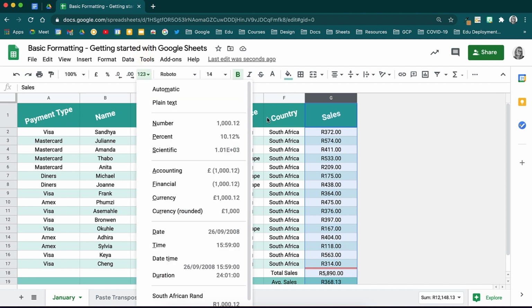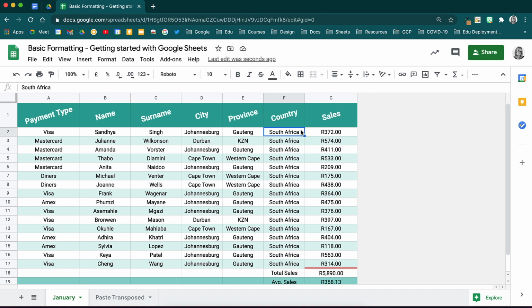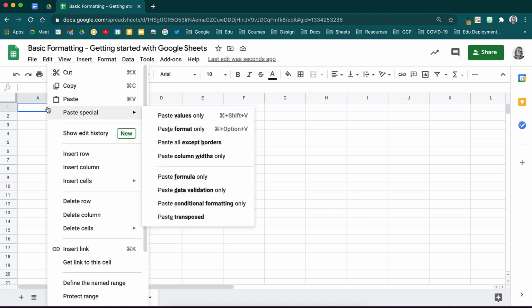Some other useful tips are when you copy and paste data, you can paste it transposed. I'll copy this data and move to this sheet over here. When you right-click to paste, you will see a few useful features from the Paste Special option. Here you can choose to paste the values only, paste the format only, paste all the data except the borders,